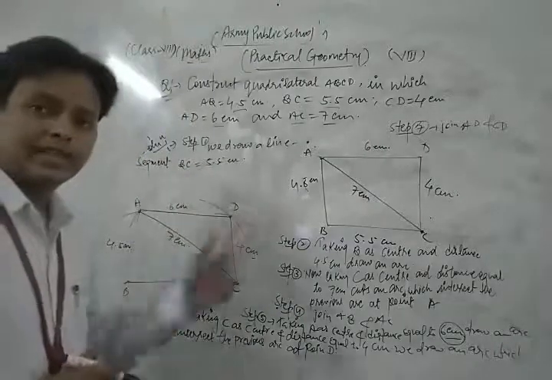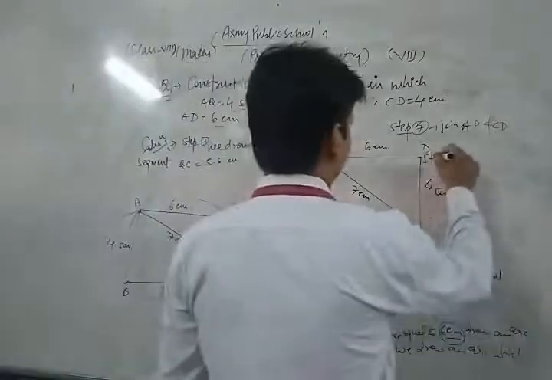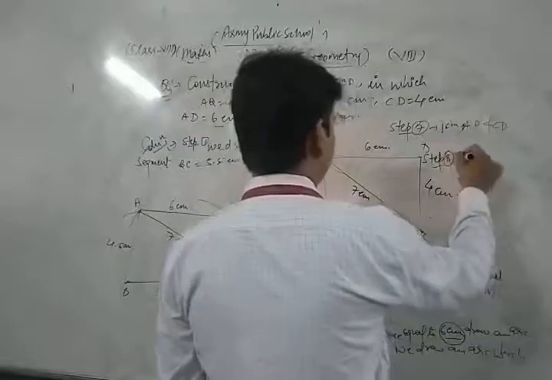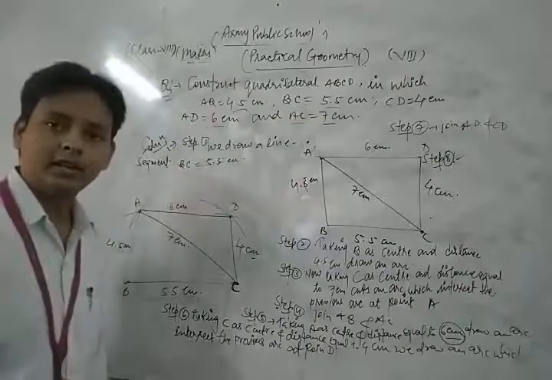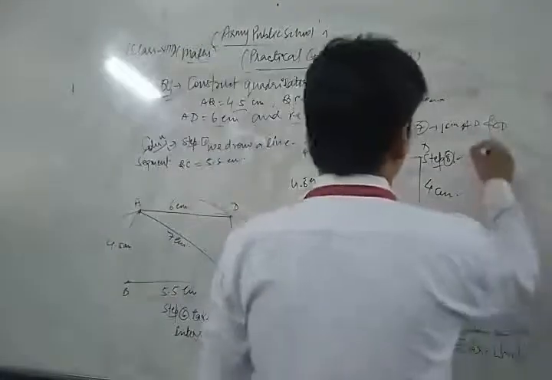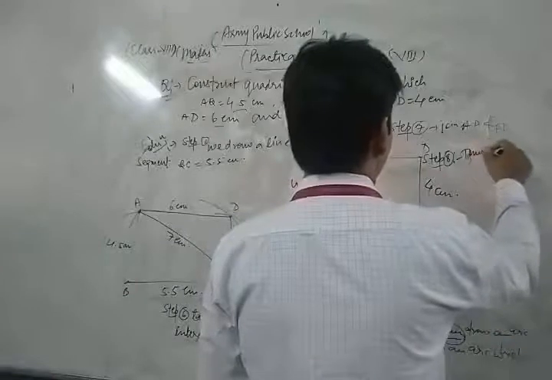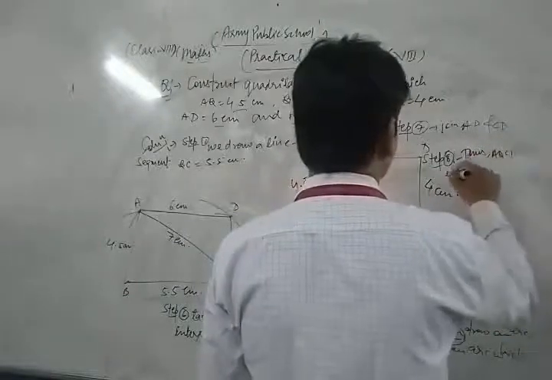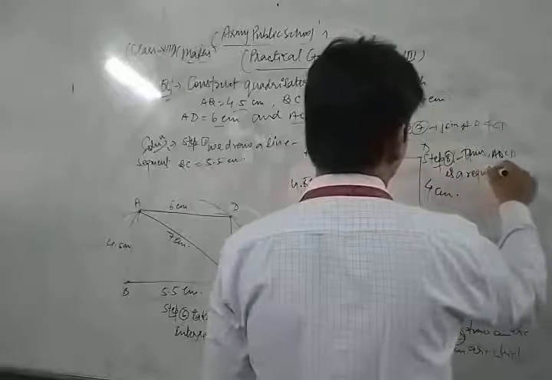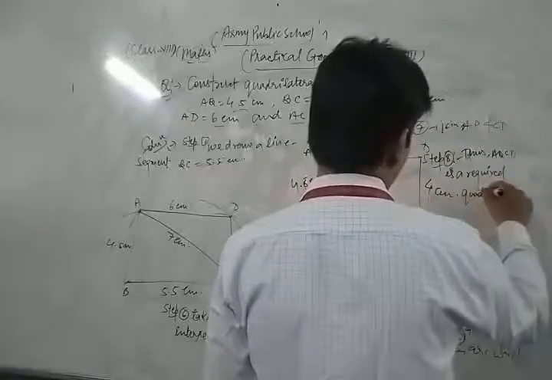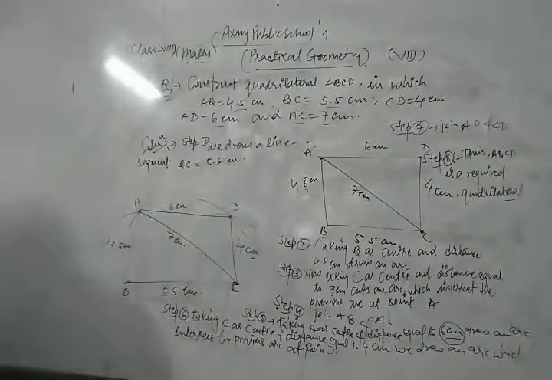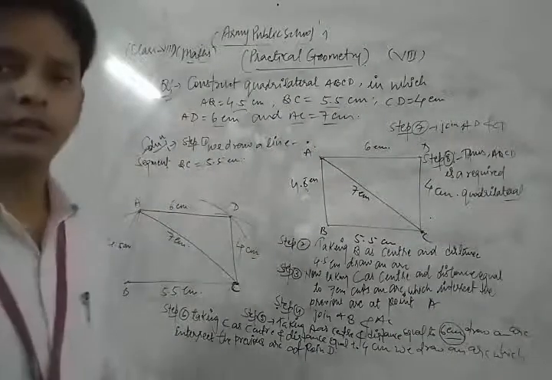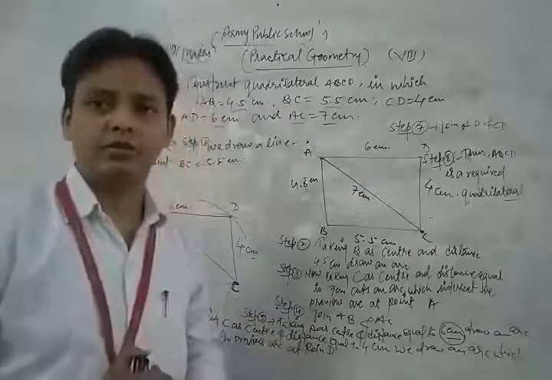Thus, in the last and final step, step 8, we write that A, B, C, D is the required quadrilateral. Okay, students. Thus, in this way, you can solve